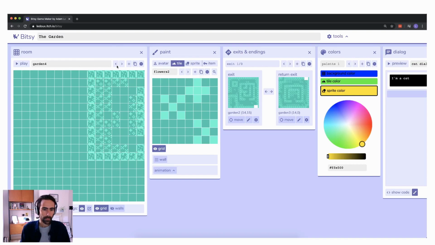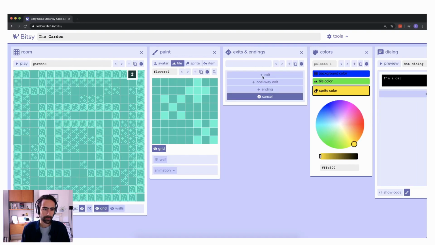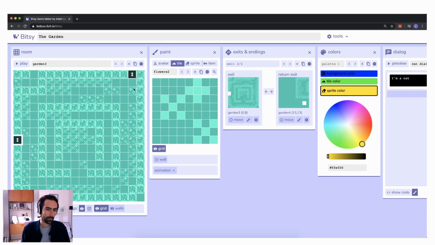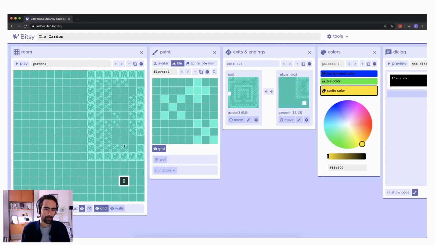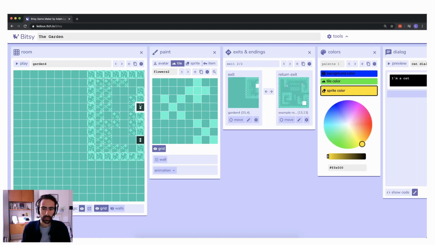And we need to put those exits on. So let's go back to Garden 3 and exit. Now here's where things might get tricky, because we want to add another exit onto this bit of room, but I'm not quite sure where it's going to place the next door. Okay, so it's looped around, so it thinks we want to go back to our first room. But what we actually want to do is we find the room that we want to be in, so that's